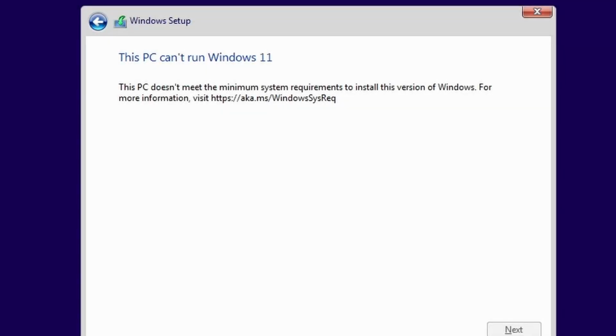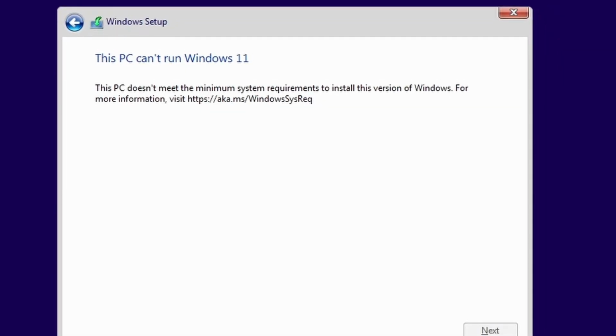So over here we have VirtualBox. But before I started this video, I tried to install the official ISO without any modifications within VirtualBox. So basically what it's telling you is that this PC doesn't meet the minimum requirements to run Windows 11. So I'm going to shut this down and let's create a version of Windows 11 that we can install on